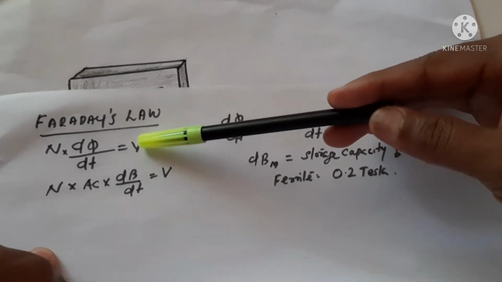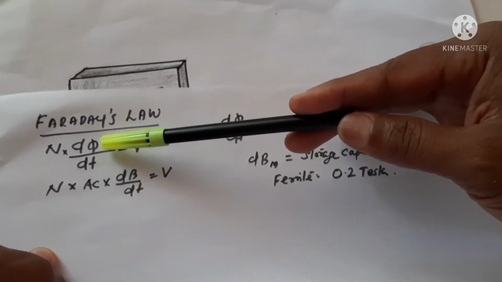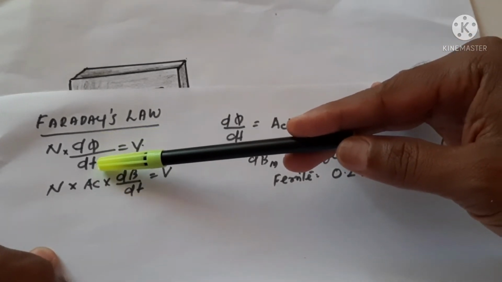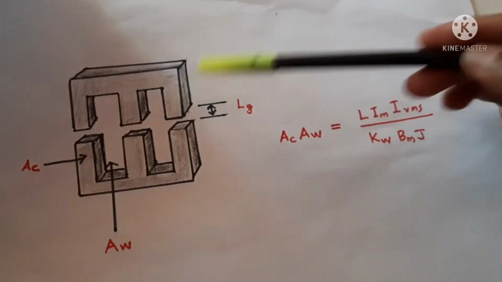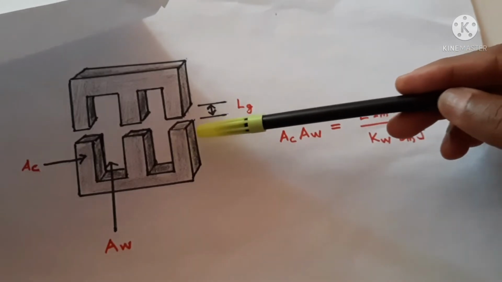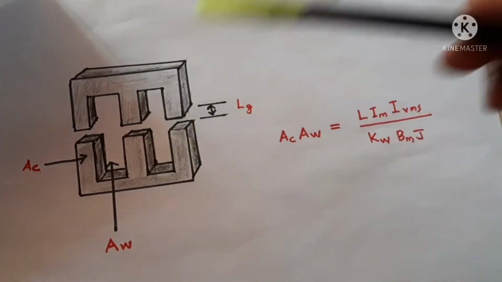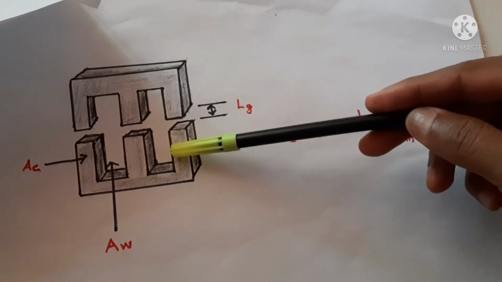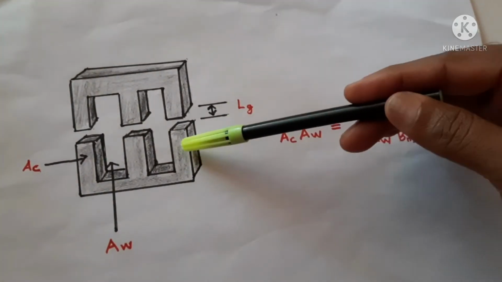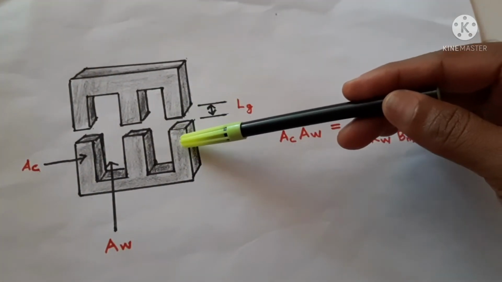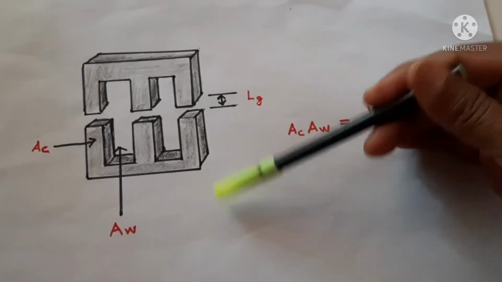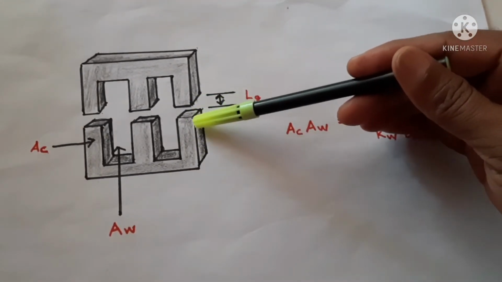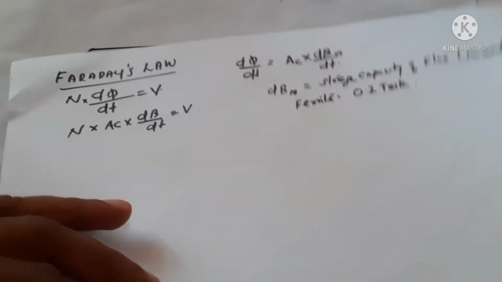If we increase the voltage, the rate of change of flux will increase. In the same 1 second, more flux will be generated in this core. So the area has to be big enough to handle that flux. Then only it can manage that voltage. Otherwise, the core will be saturated and it will not show the property of inductance. In order to have the property of inductance, the core size has to be big.